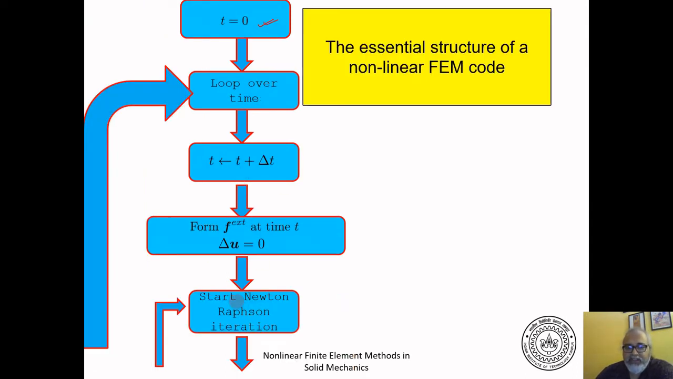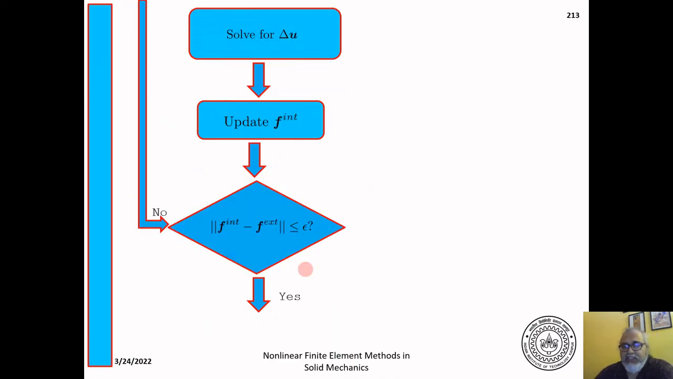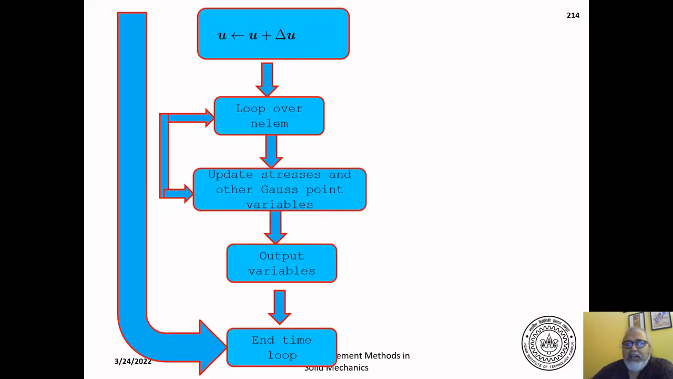We restart, go back to this point, we do more iterations, and we keep doing these iterations till f internal and f external become sufficiently close. Now, once they become sufficiently close, then we have got the delta u that takes me from time t to time t plus delta t. I've got the correct delta u that takes me from time t to time t plus delta t, and I